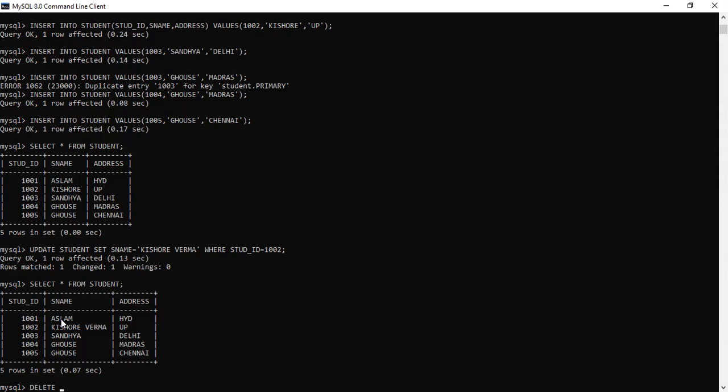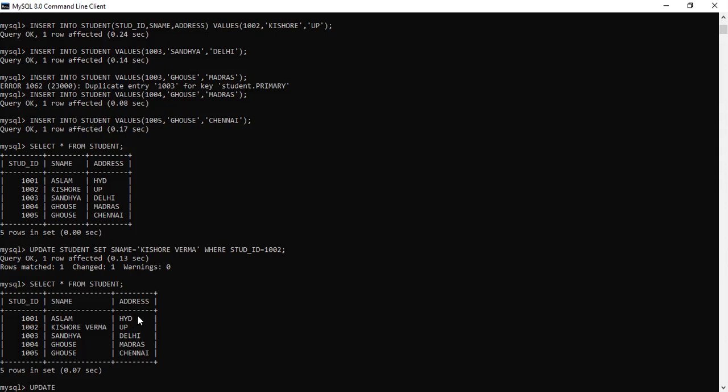Before deleting that, I would like to show you one more small change by using the update command. First I want to make the address of Kishore Verma empty, as a null value. Let me do that.